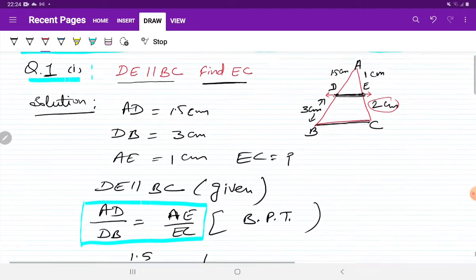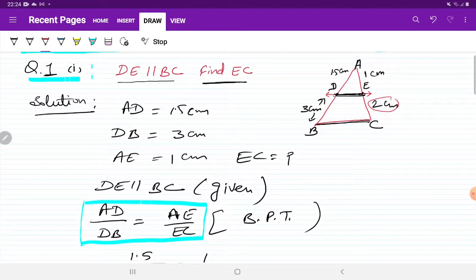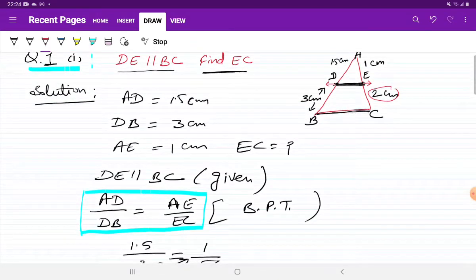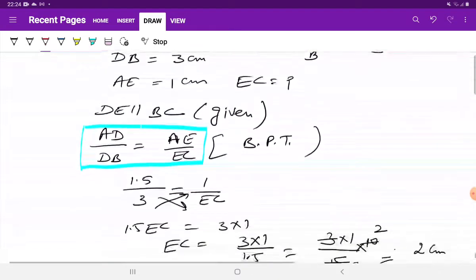Or this question may come like that also, where AD is missing. You know the full AB side, you know the AC side, you know AE. AE is given, AB is given, AC is given. Only you have to find AD. So this way also they can ask. Examiner may ask anything. Out of 4, 3 things will be given and the 4th you have to find. So anything they can ask.